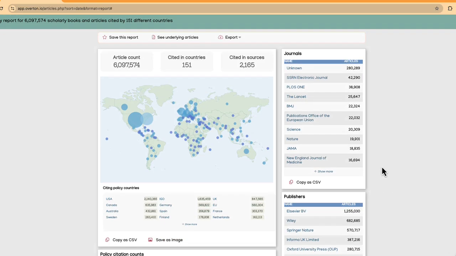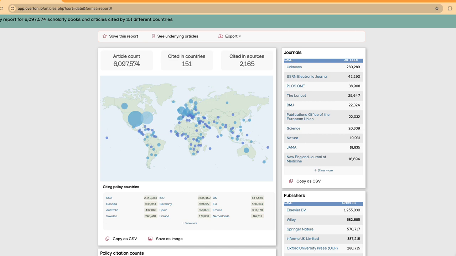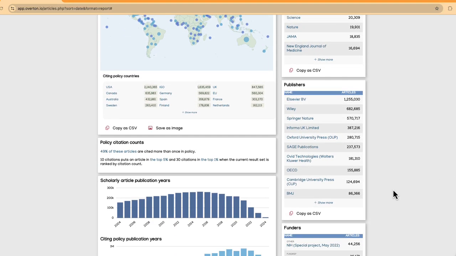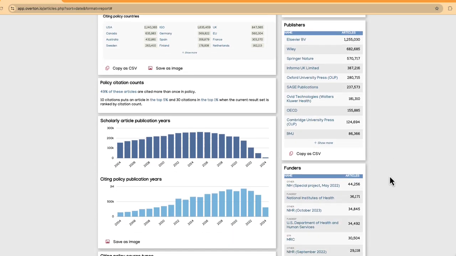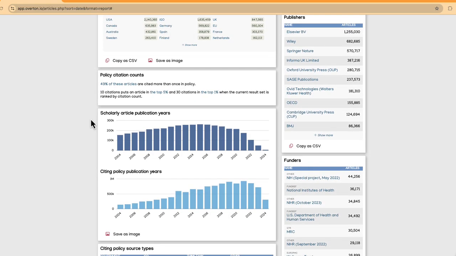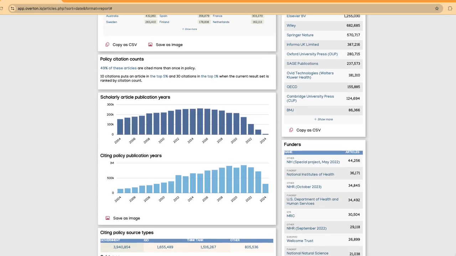On the right-hand side, we have a list of the journals that published the research in the results set, the list of academic publishers that published the research in the results set, and then if we scroll down further, we have policy citation counts. So 49% of these articles are cited more than once in policy. And you also have